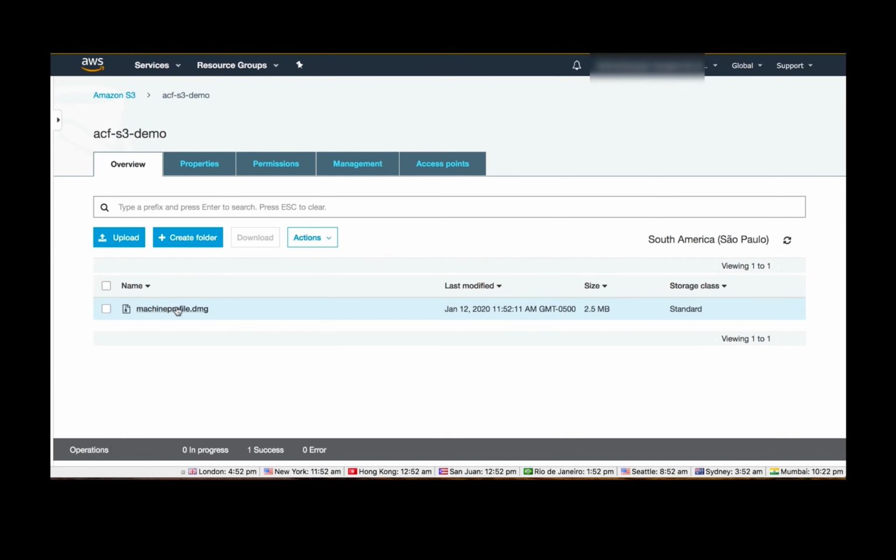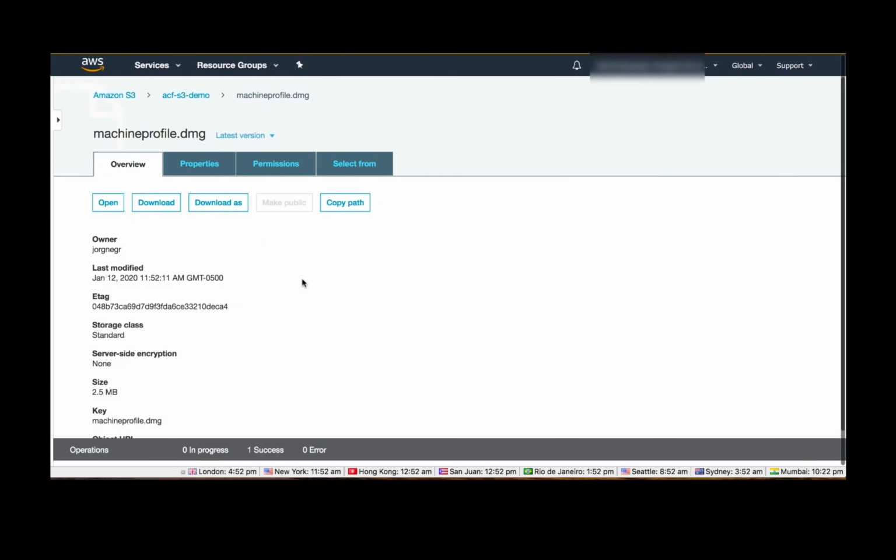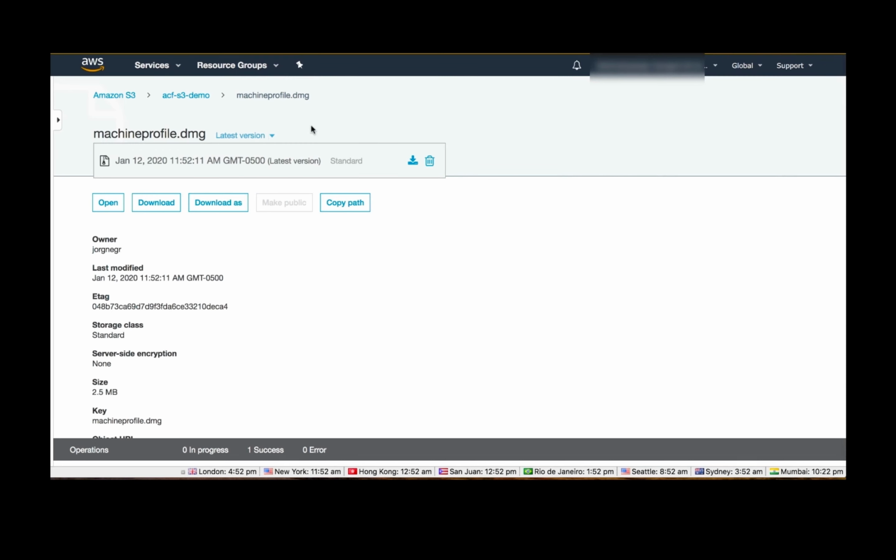If we select the actual file, we then get to inspect the latest version. We left versioning unavailable for this particular bucket as well as this particular object within the bucket. However, you get to see the metadata that is associated with the file. We call S3 an object store